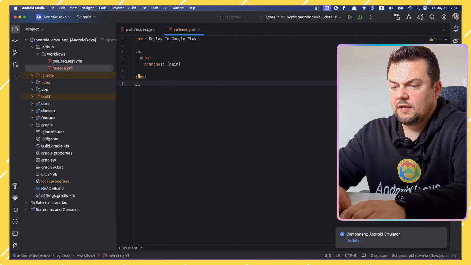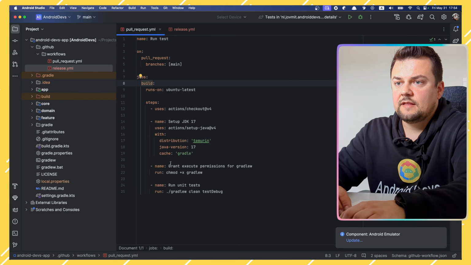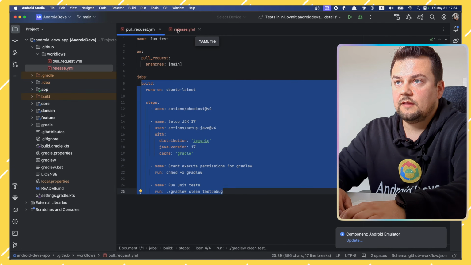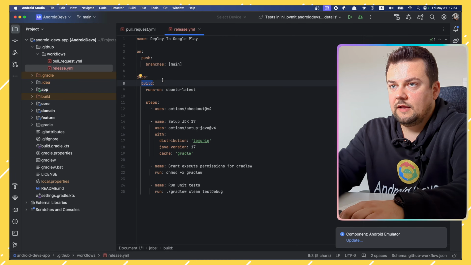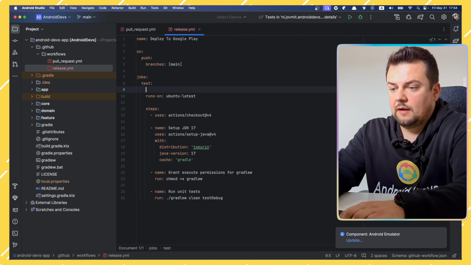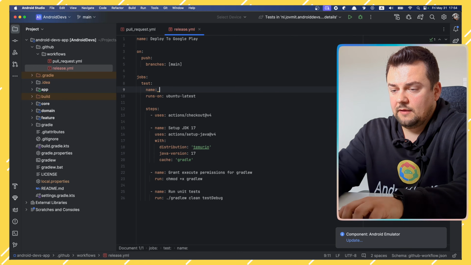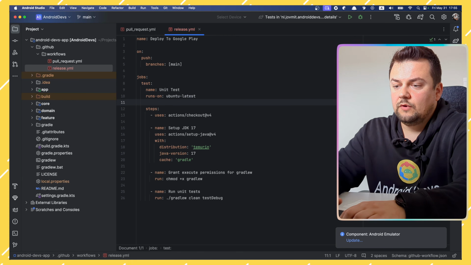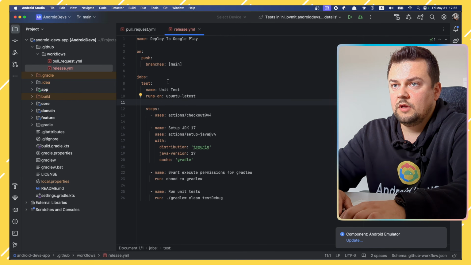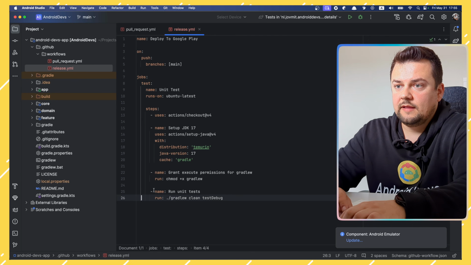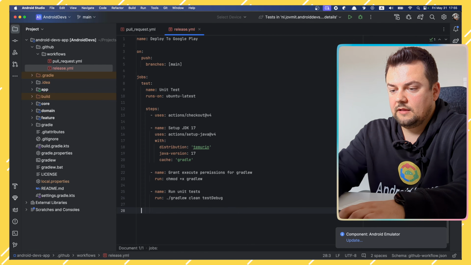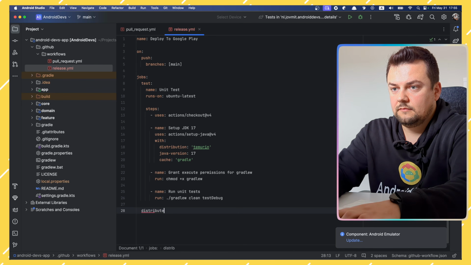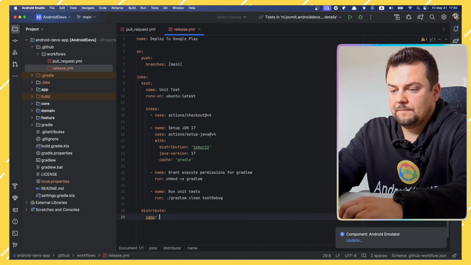So here, what I'm going to do, I'm going to take from here this thing. First I'm going to run the tests and then I'm going to do the deployment. So here, instead of build, let's name this test. And then I'm going to say that the name is going to be unit test, runs on Ubuntu latest, and then the steps. So all good. Now, on the same level with the test, I have to create a new job, and let's name that distribute. We are going to put a name, distribute